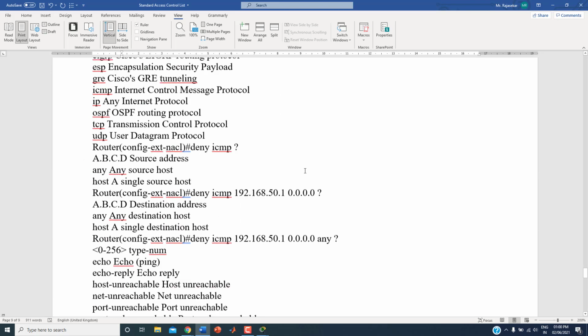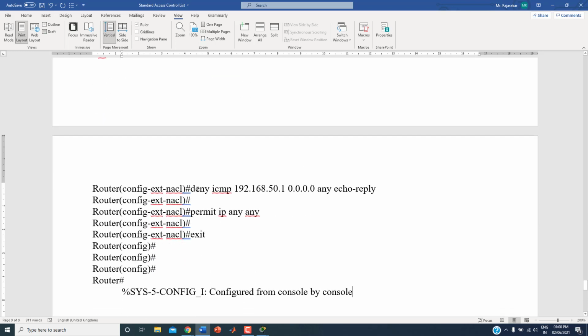So we created the access list: deny ICMP 192.168.50.1. 50.1 is the PC on the right side. 0.0.0.0 is the wildcard mask, exactly this PC. The destination is any, and echo reply I want to block.